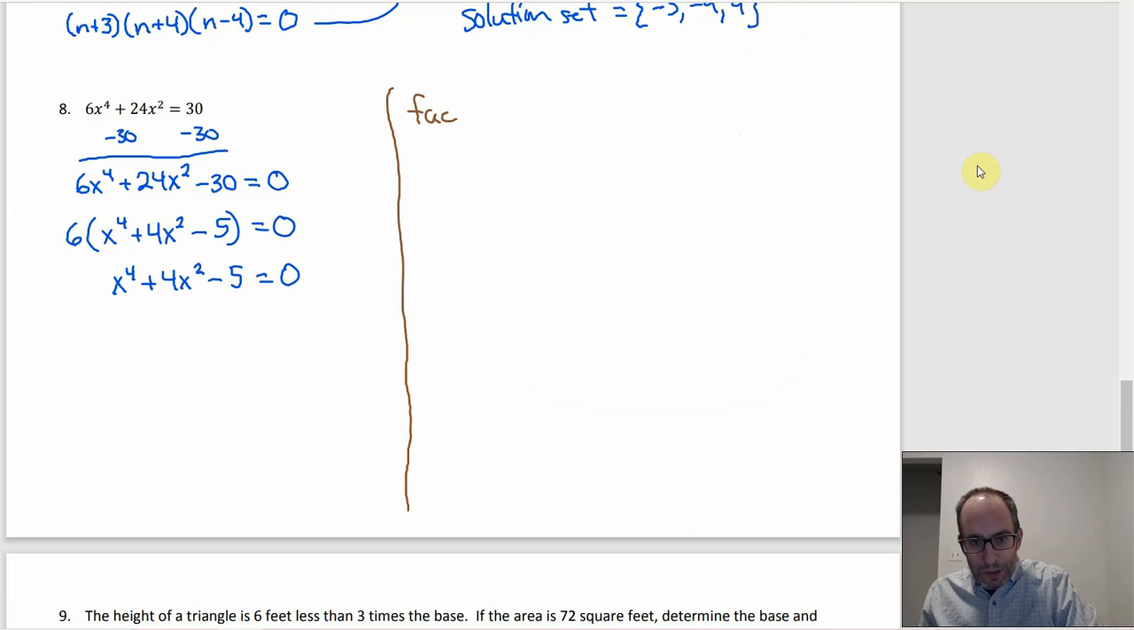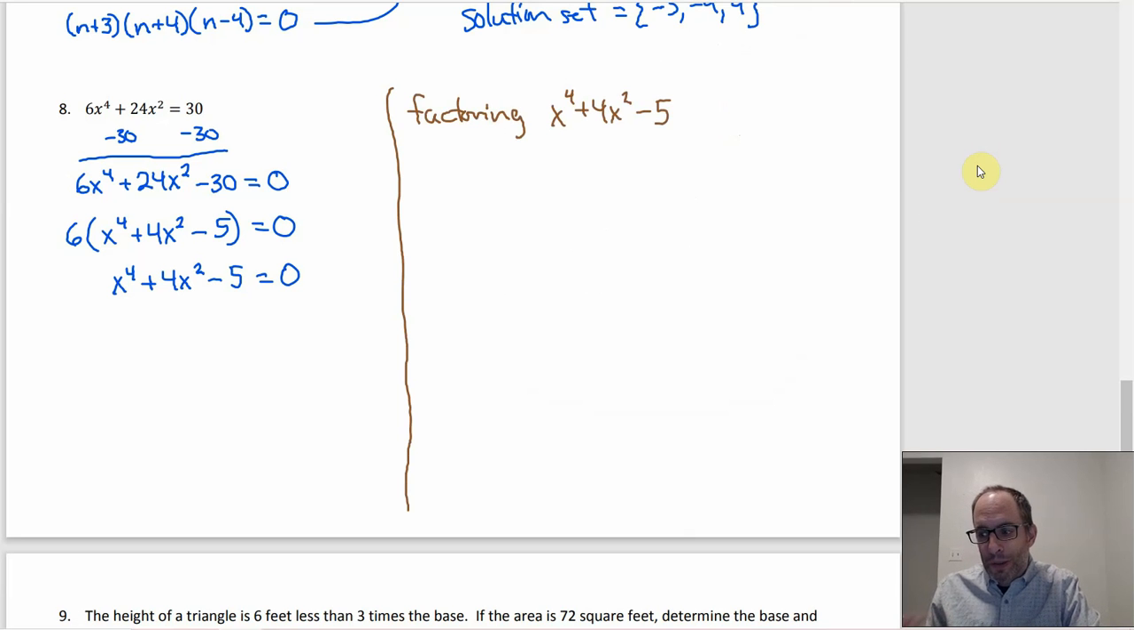So factoring x to the 4th plus 4x squared minus 5. You could do it using long division or synthetic division, just trying factors of -5 and seeing where you end up. That would work, but I think we'll get there a little faster with substitution, which we can use because we have one power that's twice the other power. So we could just say, let u be x squared,